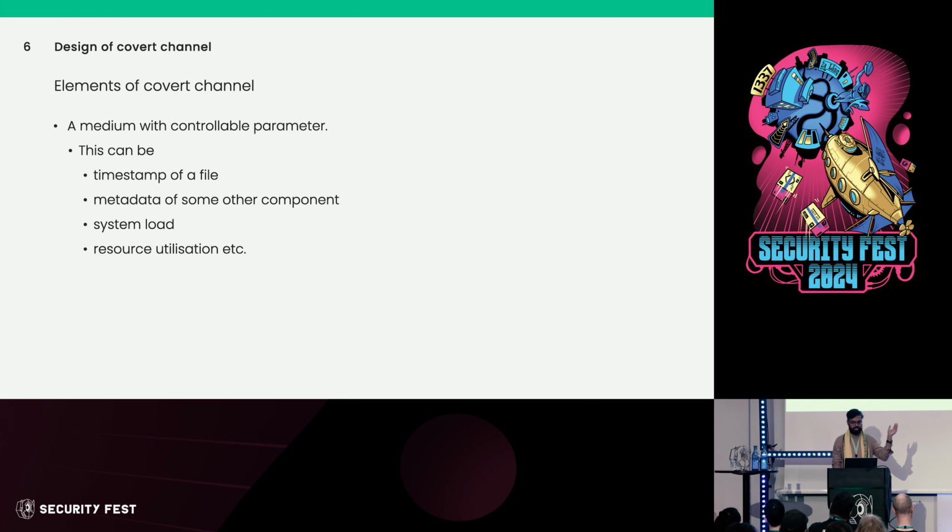And then these are a bunch of elements. First, you need some parameter that you can control. It may be voltage, it may be time, it may be noise, it may be fan speed, it may be CPU frequency, it may be something else. It may be presence of file, it may be size of file, it may be voltage on RAM, whatever you think. As long as it is controllable, we can use it. Okay?